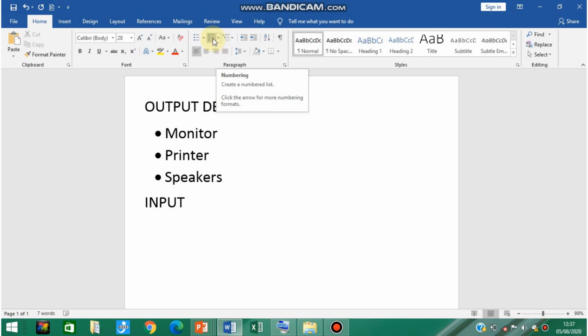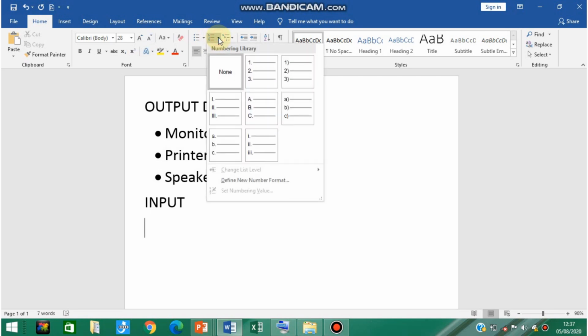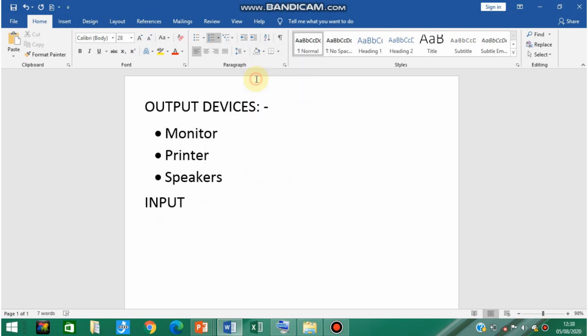Beside that you will find a drop down arrow. Click on the drop down arrow and select whichever list you want. For example, suppose I am selecting this list, number alignment equal to left.